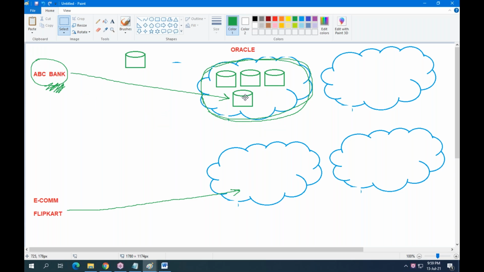However many branches the bank has, that many small databases are maintained under one big cloud database. This setup is known as a cloud database.